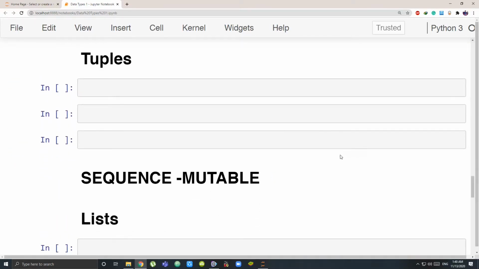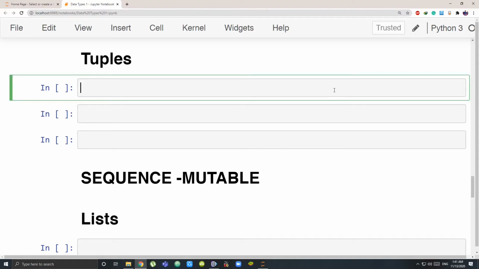Next is the tuple. What is tuple? This is another data type. This is another sequence. Collection of any data type. Like in strings, you can store only symbols, numbers, or alphabets together. Here you can have any data type. You can have integers, you can have strings, you can have all these different data types we will learn. You can have a collection of all of those.